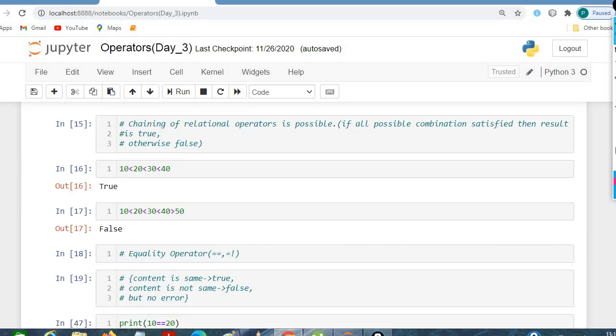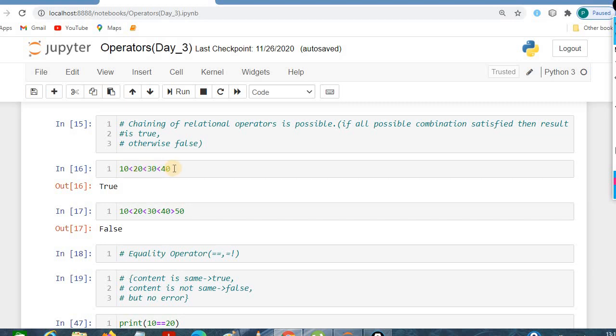Chaining of relational operators is possible. In case all the results are true, then we are getting the output as true. If one of the results is false, then we are getting the result as false. Let us consider this chaining: 10 less than 20, 20 less than 30, 30 less than 40.